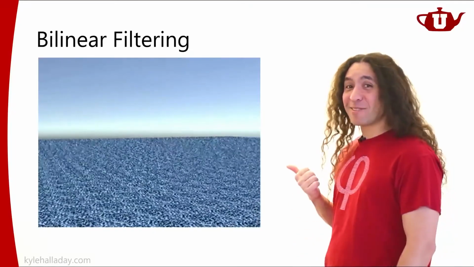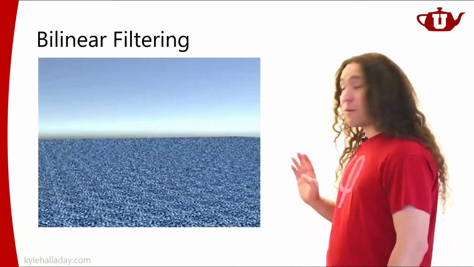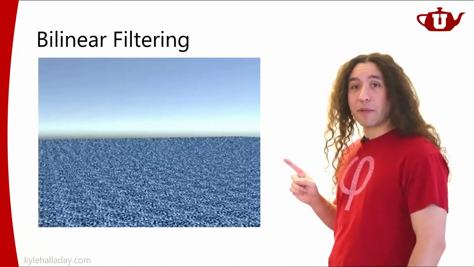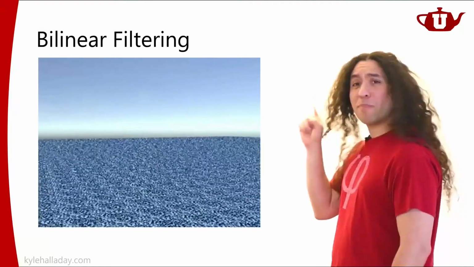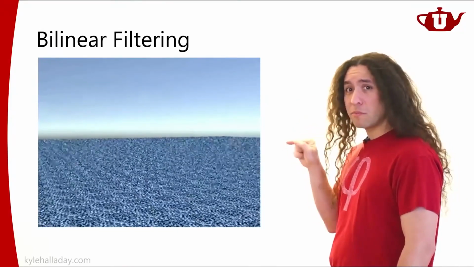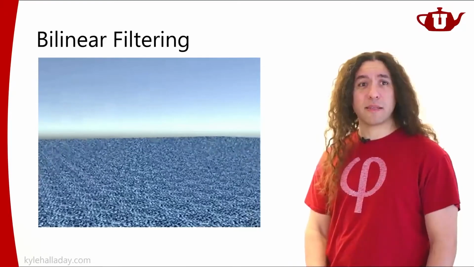This looks really terrible, and very distracting too. We definitely need to figure out a way to get rid of this. But to be able to get rid of this, we need to understand why bilinear filtering would produce something that looks like this. Why would that happen?